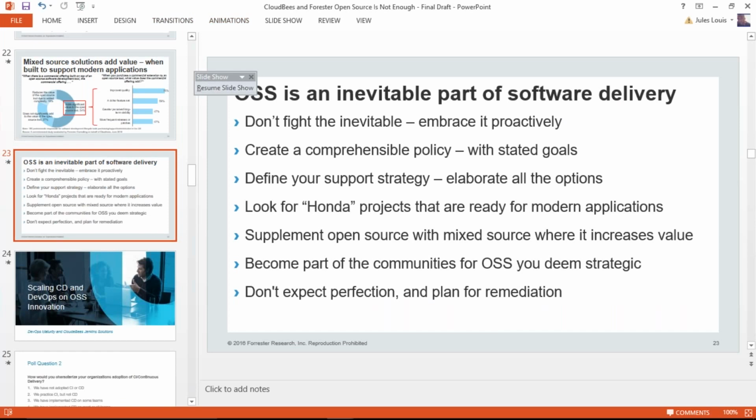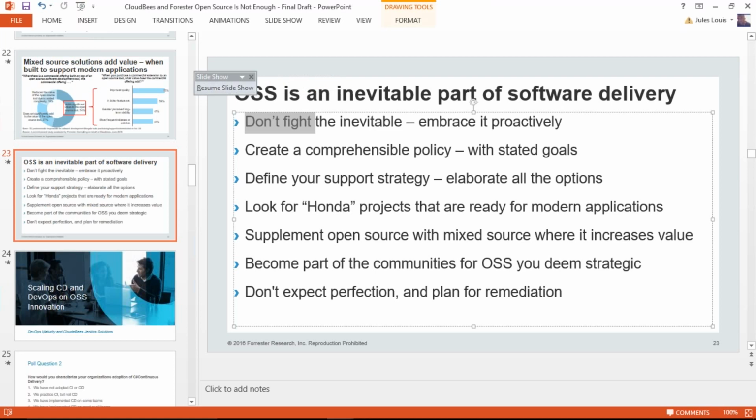Let's see, we can resume the slideshow here. I think I have control to go ahead and do that, Jules, or maybe not. Jules, if you could go ahead and start the slideshow back up, that'd be great. Oops, looks like we might be... So while that's happening,